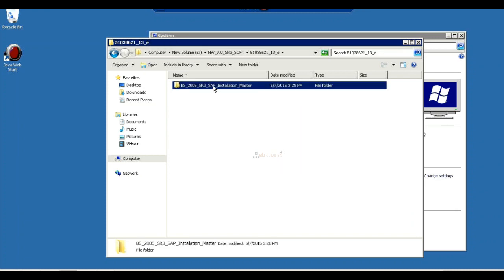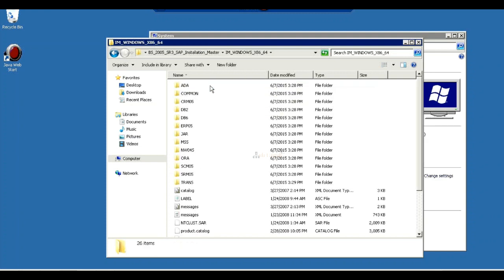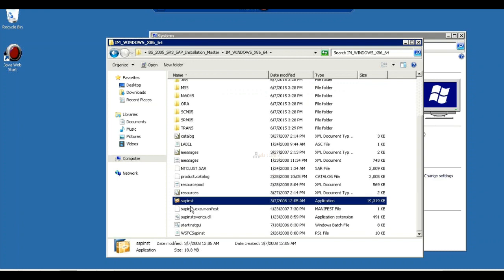I'm selecting my installation master. Installation master, I am Windows x86 64 bit, right? Here I need to select SAP Identity. Just one second.